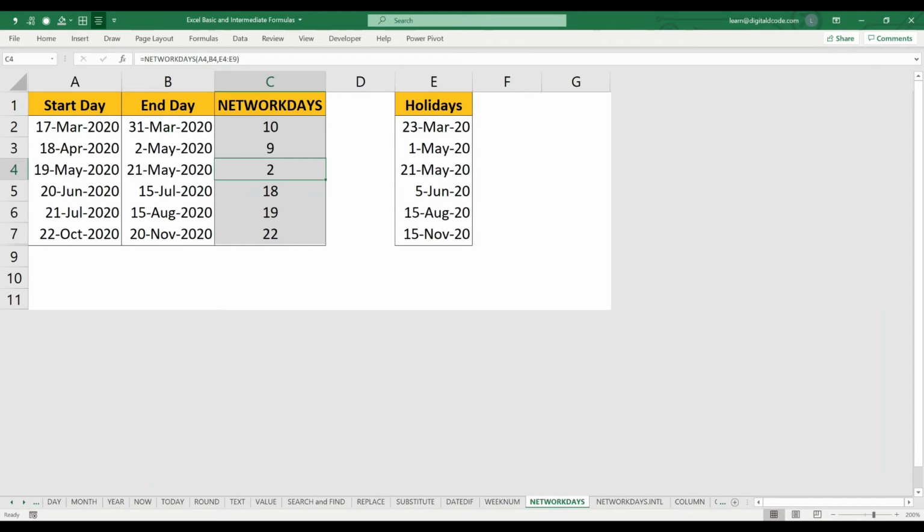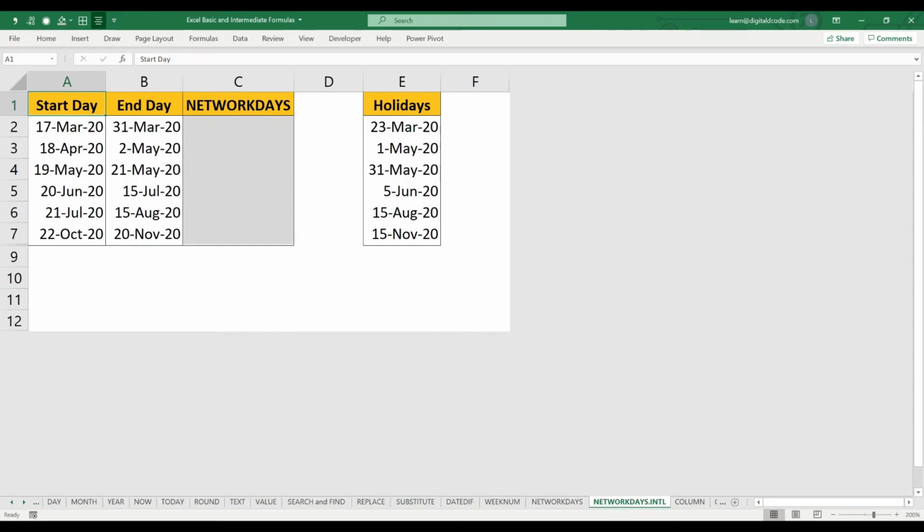Now move to the next function, NETWORKDAYS.INTL. The difference between NETWORKDAYS and NETWORKDAYS.INTL is that here you can also define the weekend. Let me show you.